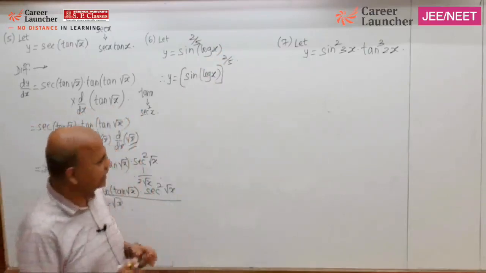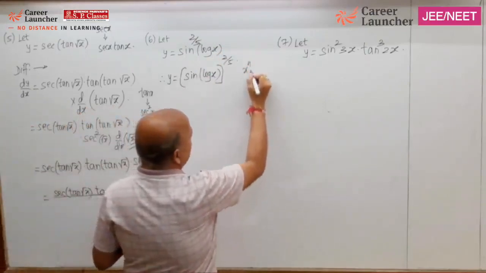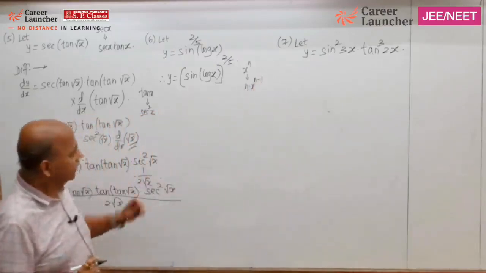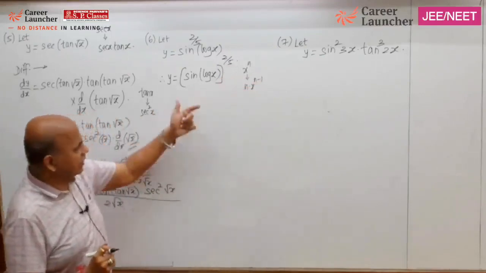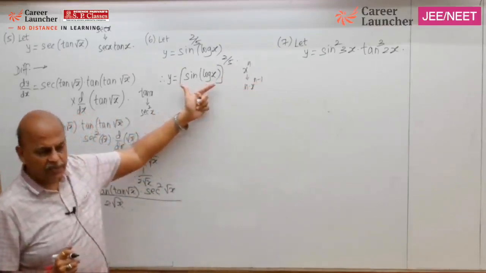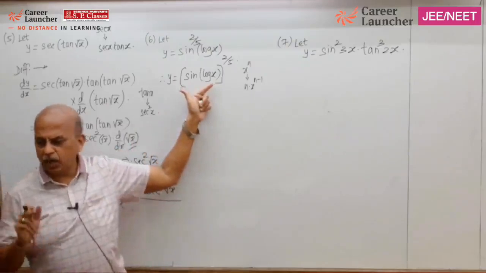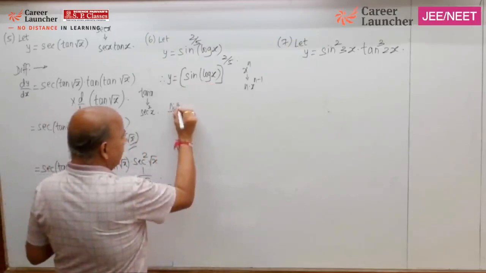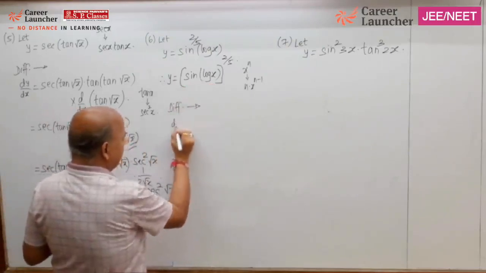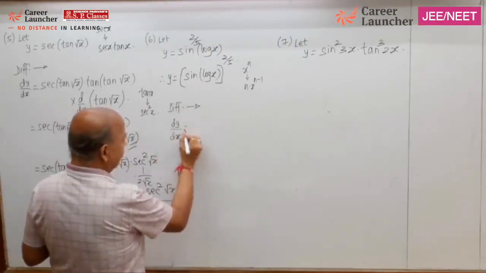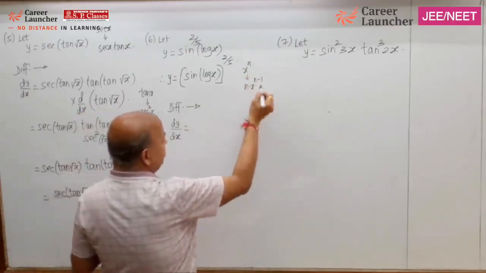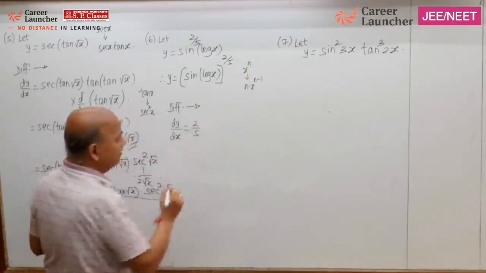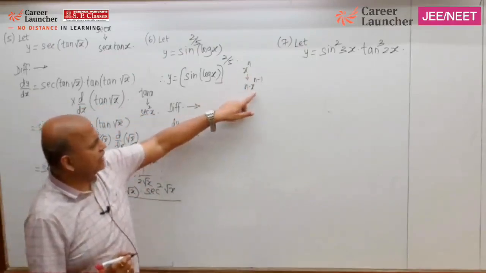Look, what is the formula for x raised to n? n into x raised to n minus 1. Tell me, in x raised to n, x is replaced by what? Sine of log x. So don't you feel sine of log x is the composite part? Yes or no? Tell me the answer. dy by dx. See, it is n into x raised to n minus 1. Come on, everyone will say, what is this? Come on, tell me. 2 by 5. N is 2 by 5. Na? X is replaced by what?